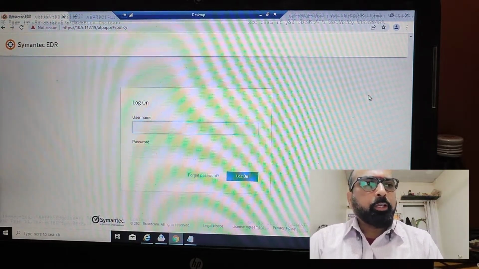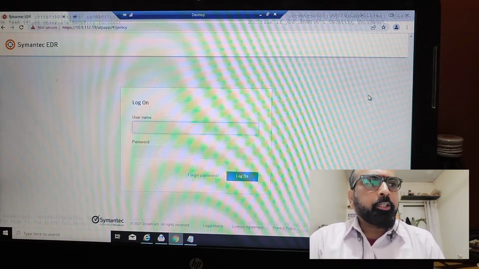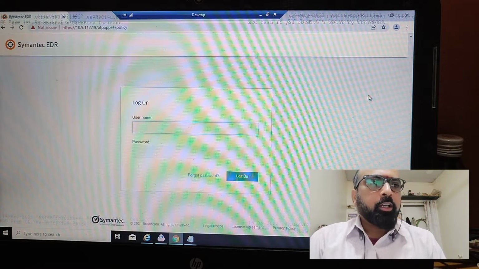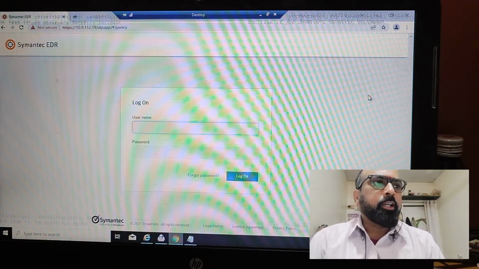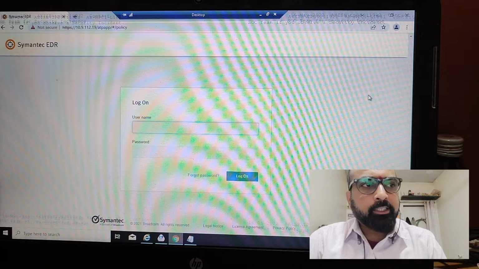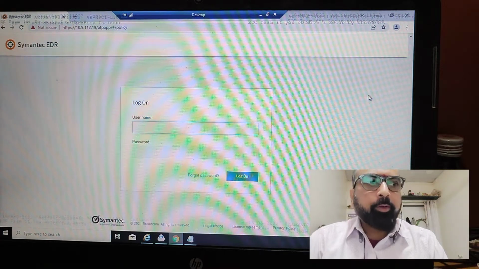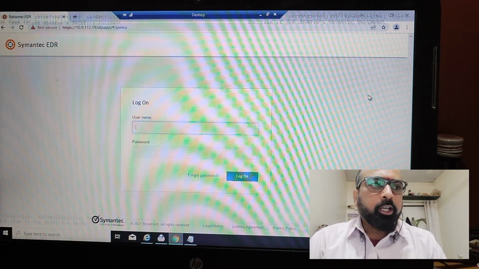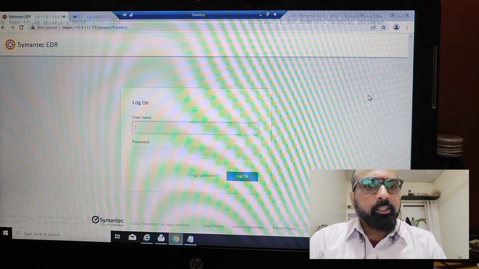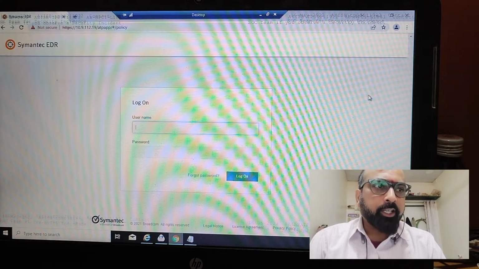Now today's topic is Symantec Endpoint Detection and Response. Currently the latest version running in Symantec EDR is 4.6.6-8. Also there are two appliances currently working on the Symantec EDR, like 5550 and 8880.